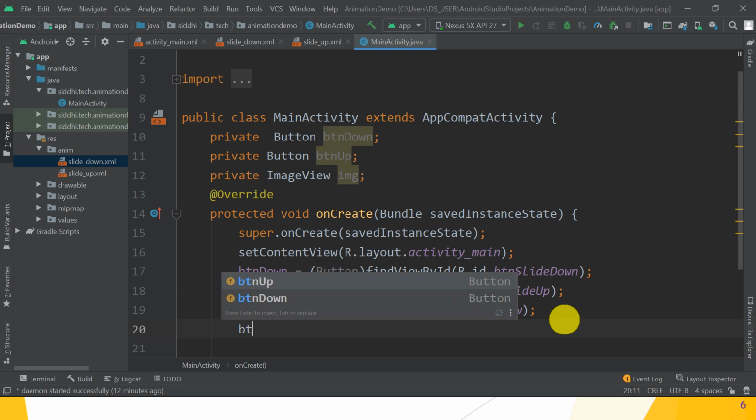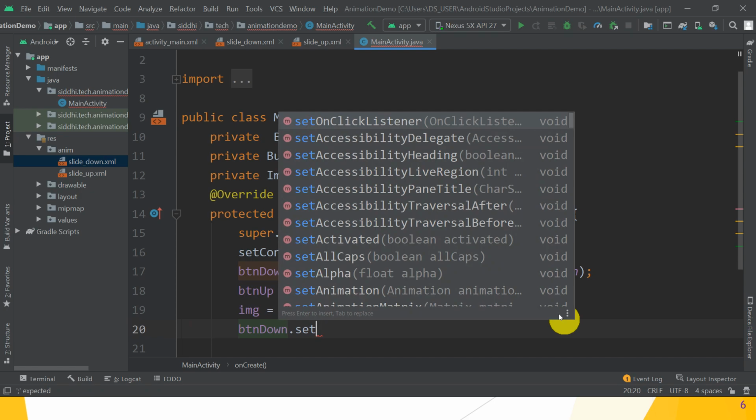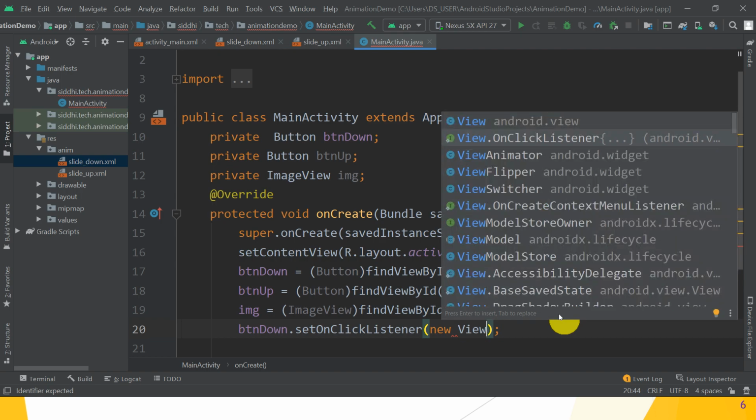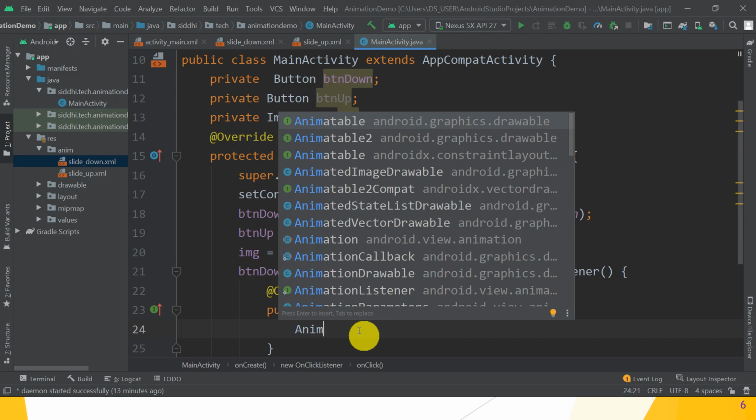So button down, when you click on the button down dot setOnClickListener, new View.OnClickListener. Great. Inside the OnClickListener, that is an interface, we have to override the public void onClick method. Here first we have to create animation,